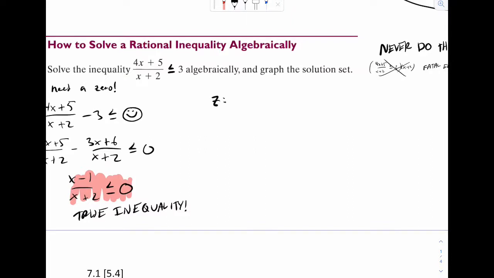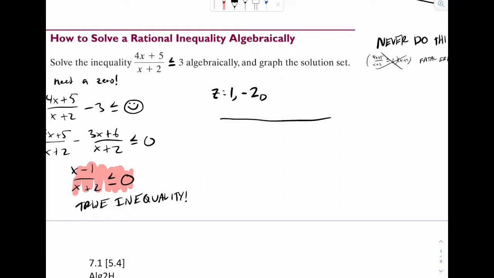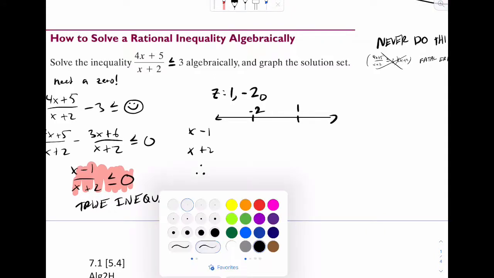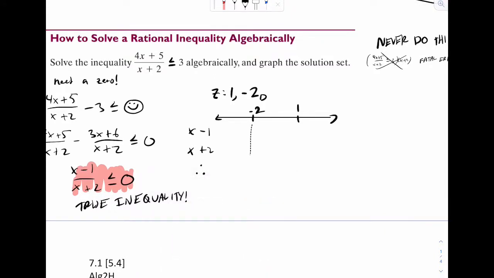The zeros here I can see now are 1 and negative 2, but negative 2 came from the denominator, so I'm going to write a d on it, just so I remember that. And I'll do the same thing. Negative 2, 1, x minus 1, x plus 2, therefore, drop our dotted lines down,